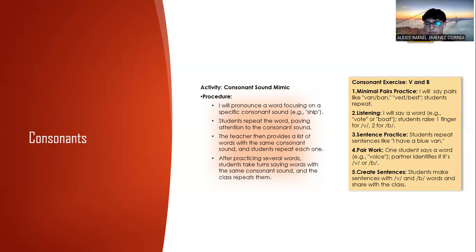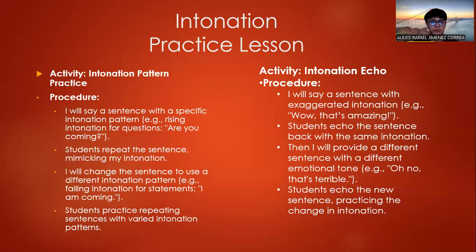And lastly, we have to create sentences. Students will make sentences with V or B words and share with the class. For the next one, we have